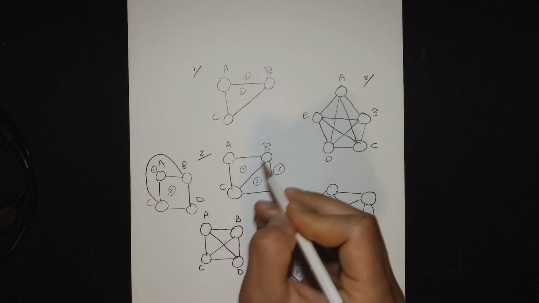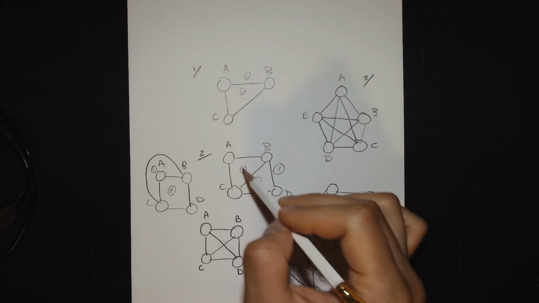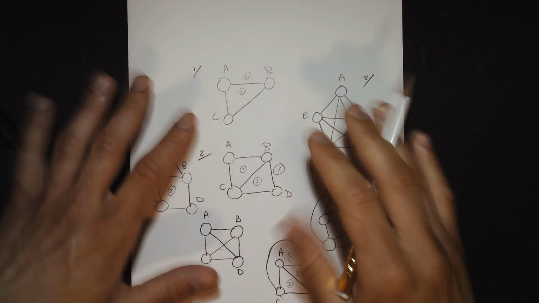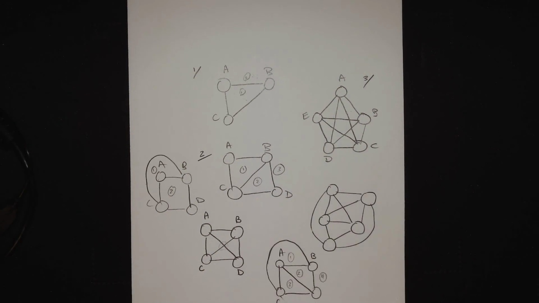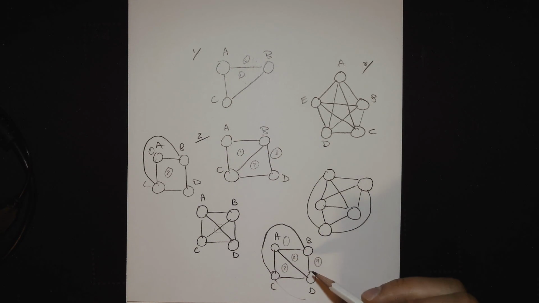This face shares an edge with this face, so they're adjacent. And then these two faces share an edge with the face that consists of everything outside of the graph. And then in the case of the complete graph on 4 vertices, which splits the plane into 4 faces,